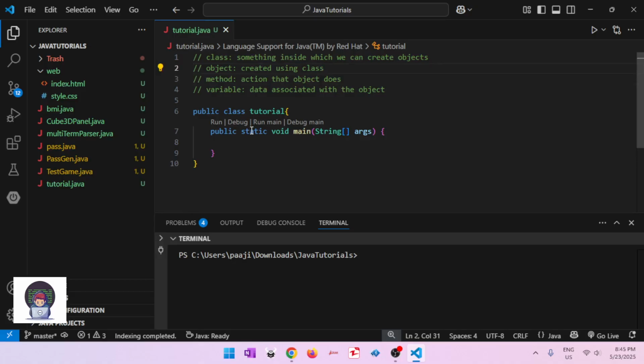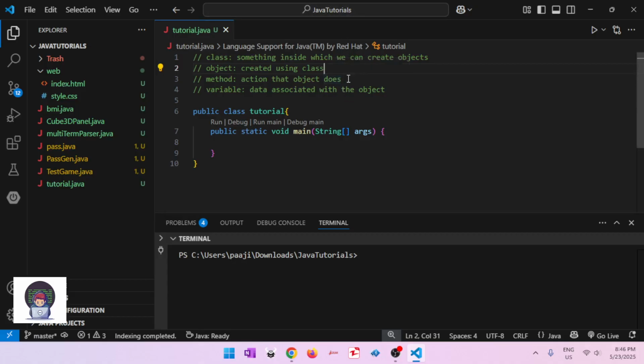So for example, let's say I have a class named car. The object is like parts of the class. Let's say I have an object inside car, and the object's name is wheels or steering wheel. And then what do I have here? The method. I have a method here, an action that the object does.